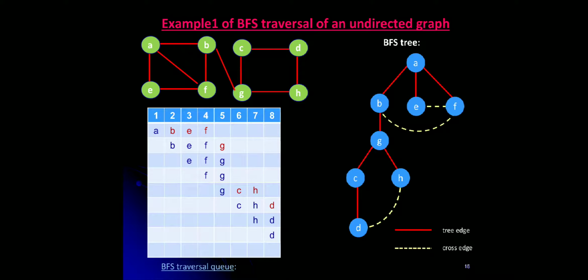And you can see in the queue, each time after we started with the first vertex, that is vertex A, and once we add all the edges adjacent to node A, the front vertex is removed. So in each iteration we can observe the front vertex from the queue is removed.